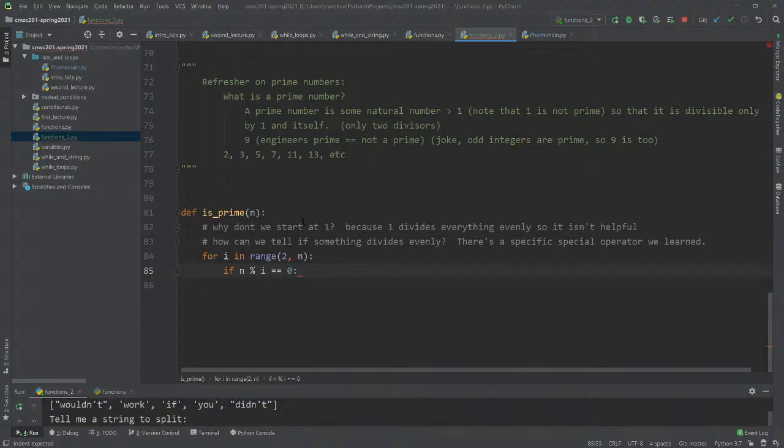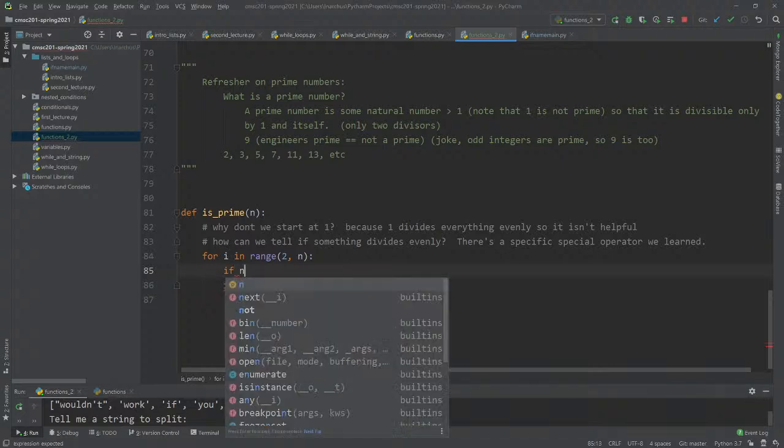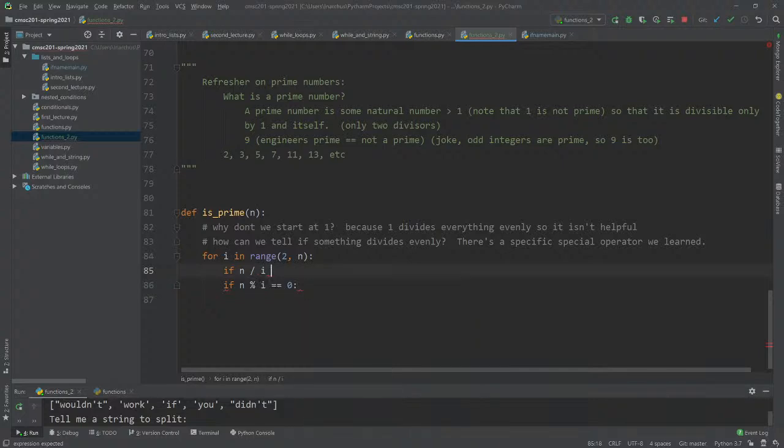In some programming languages, or if you don't have mod, another way to determine if things divide evenly is to do something like if n divided by i is equal to n divided by i, like that. So you do an integer division there, right? And you say if it doesn't have a fractional part. Now, this is terrible, so don't do that. Just use mod. This is way cleaner than asking for fractional remainders.